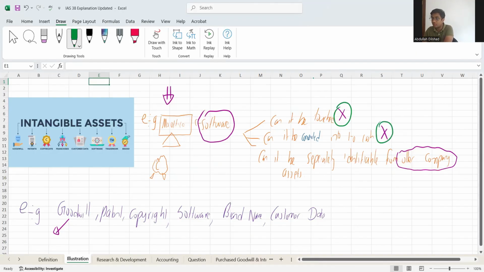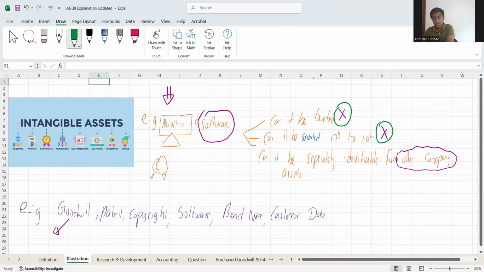Number two, can your software be easily converted into cash? That is also not, right? Because just because you go and give a software, no one is going to hand over the cash in return. It's a lengthy process because you cannot touch or feel it. It takes a long time for people to generate cash using your software. Yes, you will generate cash, but it will take a longer period of time. So the conversion process of software would take longer.